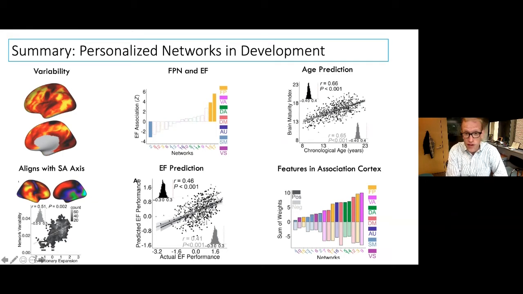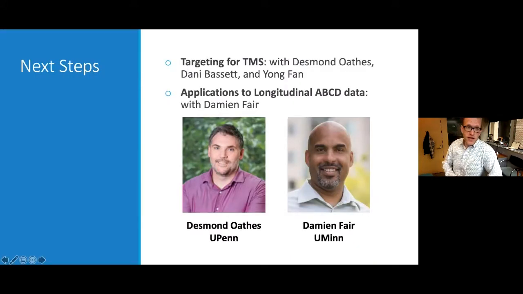And to our surprise, we found that we could predict age even better. And this was driven by refinement of the borders of association cortex. So that study was really exciting, but it was really just the first step, and it has motivated two ongoing studies. One is to try to use these individual specific